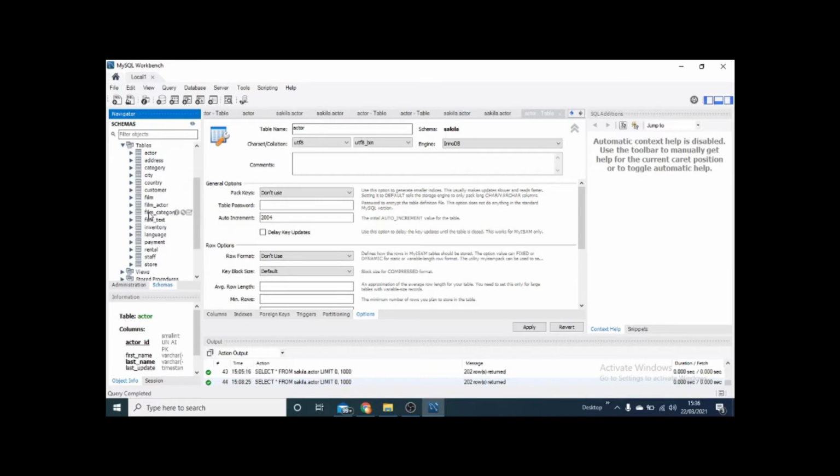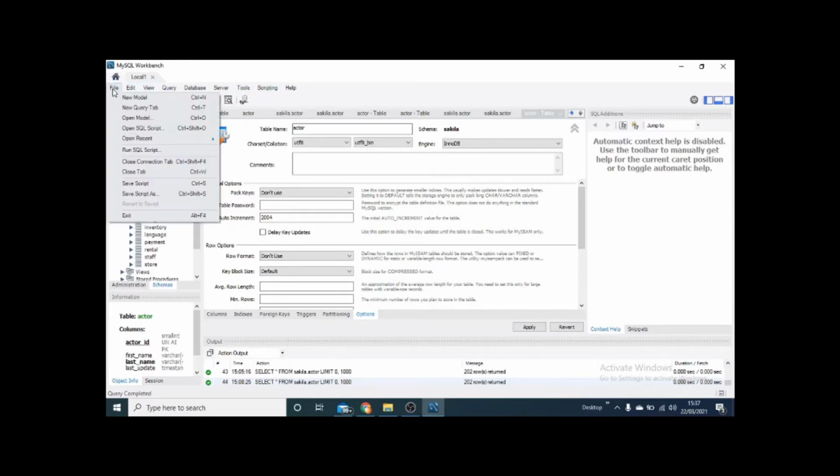Now let's go back to another section of MySQL Workbench, that is this option, the tools bar. In the tools bar, first if you click the file option, you are going to see multiple options. You can explore it. It's pretty straightforward, as used in Word or Excel or any other one. So you can explore it further.